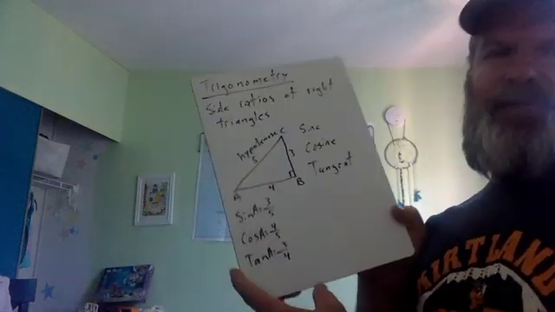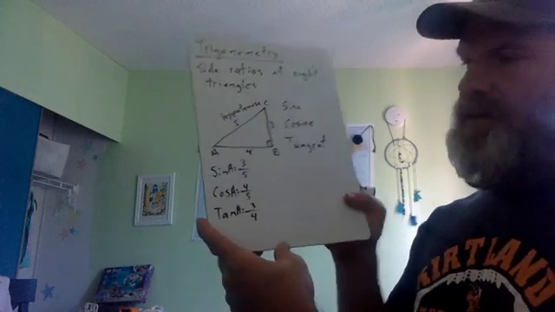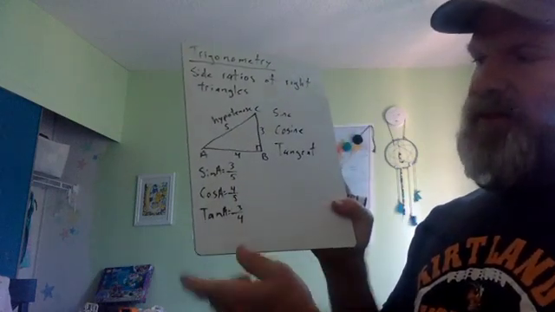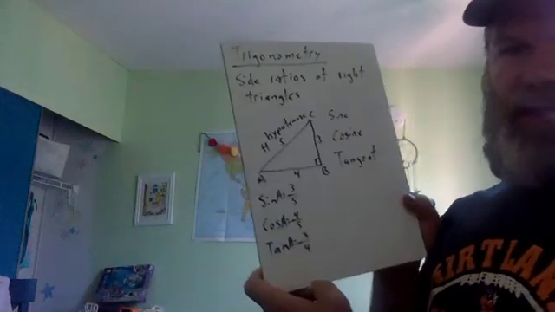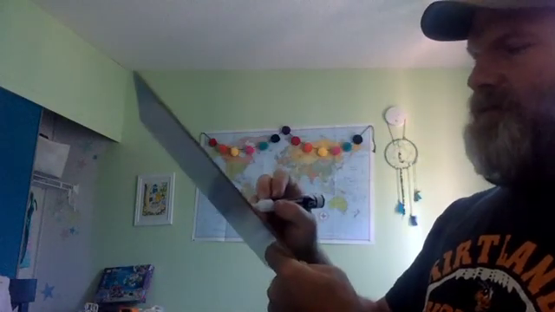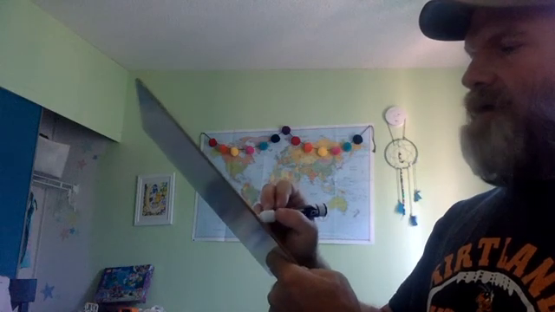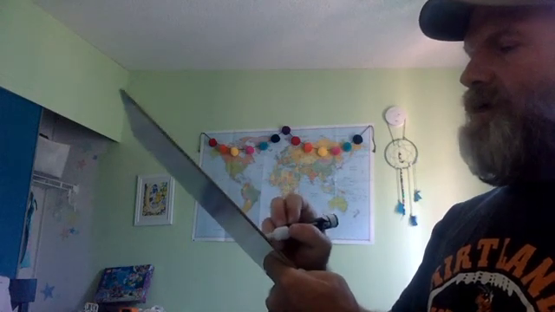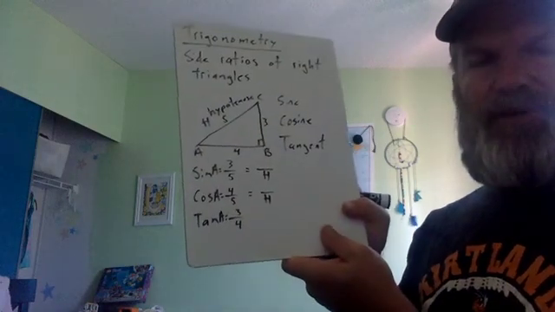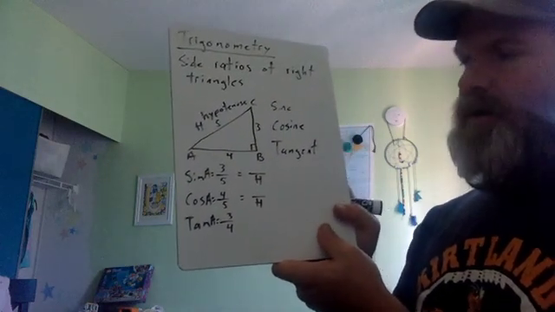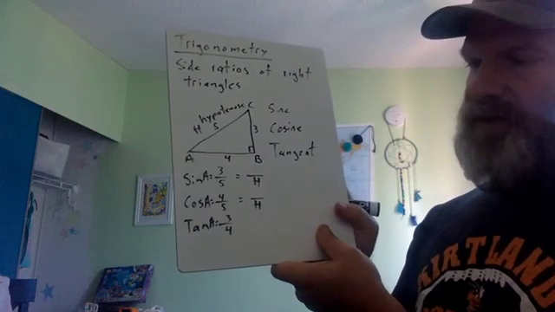Hypotenuse you're familiar with. That's the diagonal side, the longest side in a right triangle. So we're just going to go ahead and label that the hypotenuse right now. So 5 is always going to be your hypotenuse. And you might have noticed that 5 is the denominator in sine and cosine. So I'm going to use a capital H for hypotenuse, and we've got half of sine and cosine done already. It's hypotenuse as your denominator, and that never changes. When you're trying to find sine or cosine of an angle, the hypotenuse of that triangle is going to be